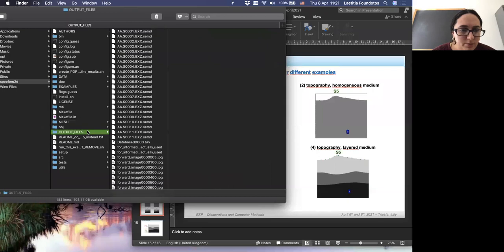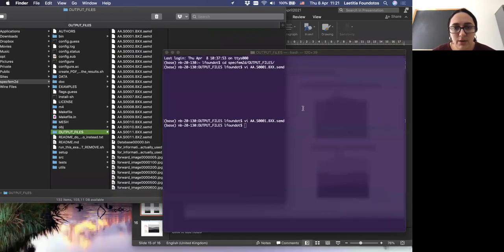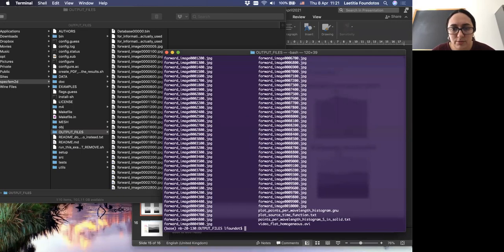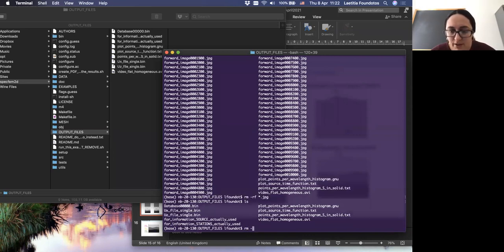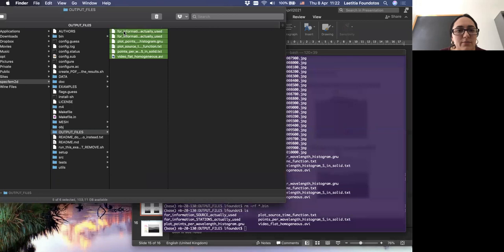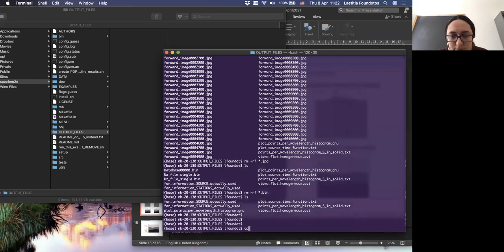So we have input files, and we will run the simulation. First, let me remove all the stuff that the output directory contains. So I will remove it. Be careful when you use the rm -rf command. Sometimes it could be something really bad and you can erase all your directory. Okay, and it will be faster. Now we are ready.